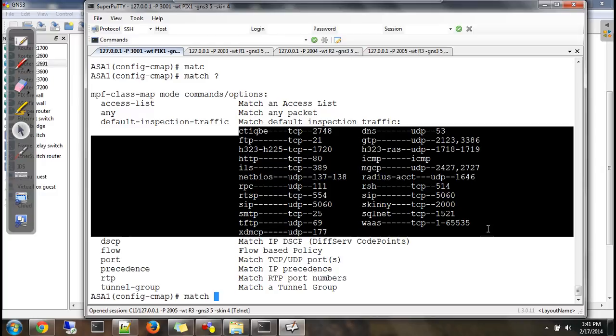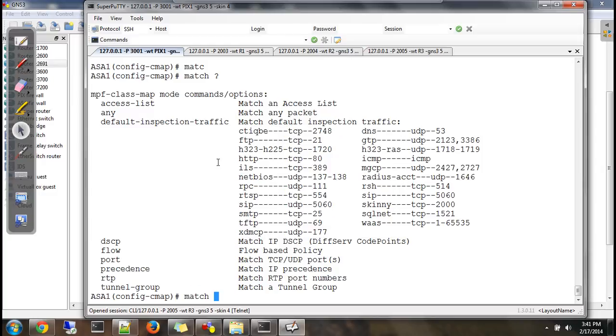Example, your web traffic always comes on TCP port 80. Your ICMP is ICMP. Your email comes always on port 25. Your FTP is always port 21. Got it?